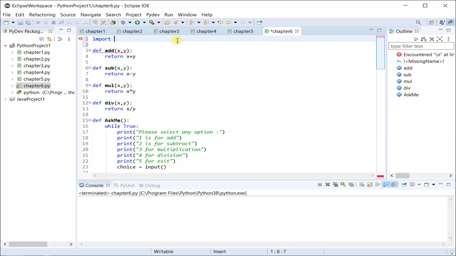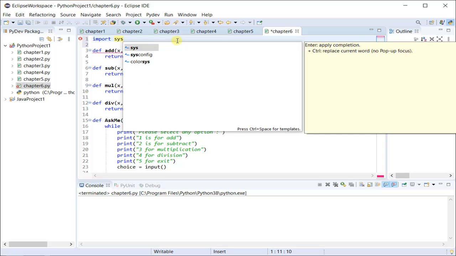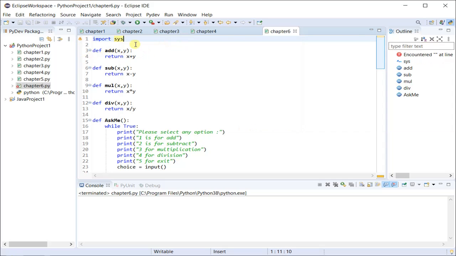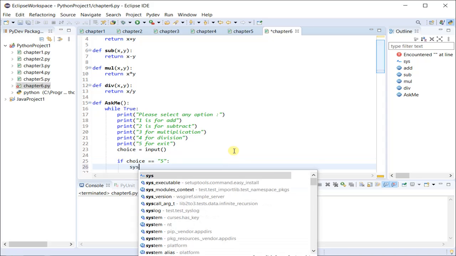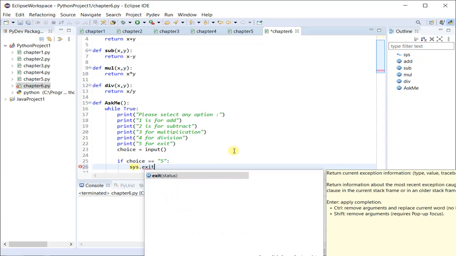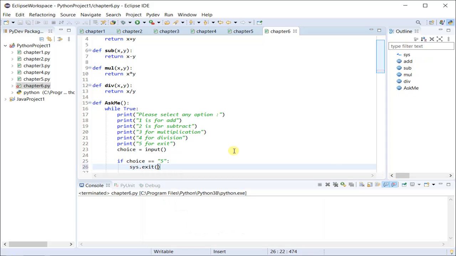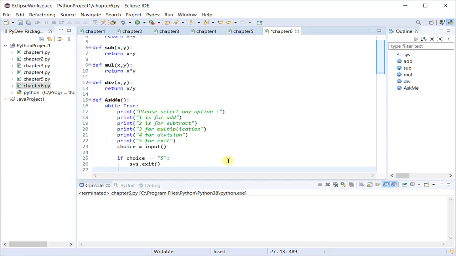We'll learn what class files are. So for now, just assume a class file is something with a name, like you create a function. So there is a class file called sys. In this class file, there is a function called exit which just terminates my program. So I'll use that function to terminate this program.